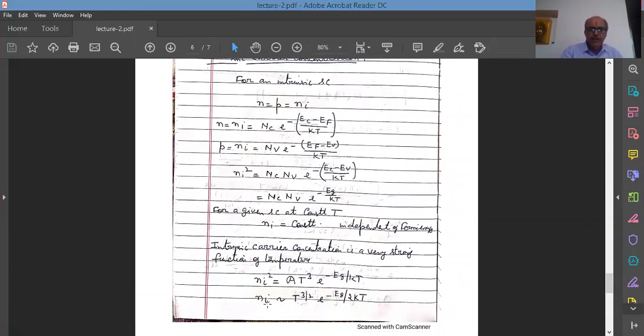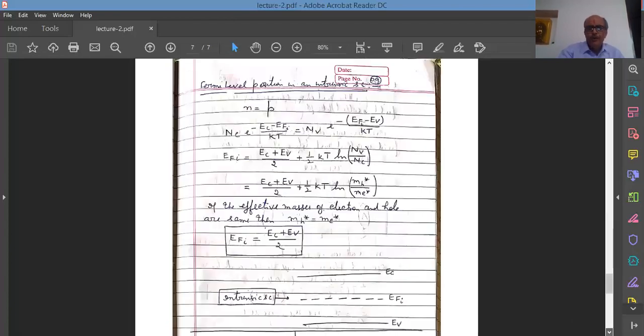And if you take the square root of both sides, so Ni will depend upon T to the power 3 by 2 and e to the power minus Eg upon 2 Kt. So it depends upon the temperature in a very strong way. You will see at the lower temperature, T to the power 3 by 2 will not be the dominating factor. It is e to the power minus Eg upon 2 Kt will dominate. But at higher temperature, T to the power 3 by 2 will also dominate, and you will make use of this formula to find out the energy band gap in one of the experiments in your laboratory,